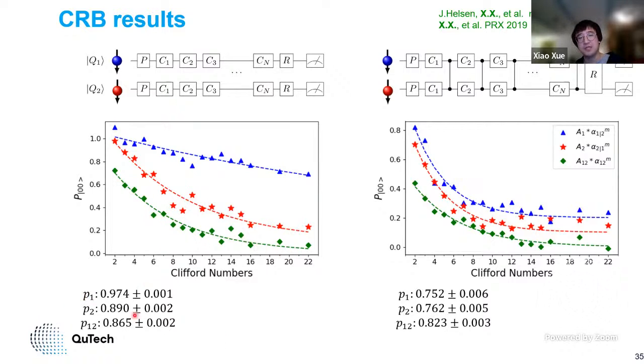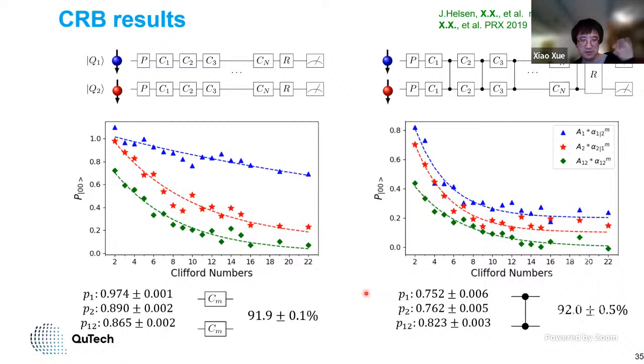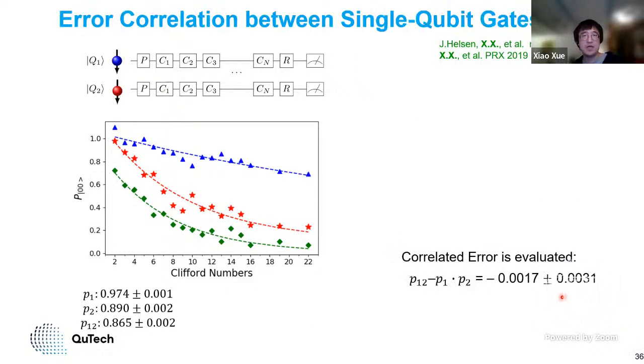So you can obtain the 3 depolarizing parameters. And don't be disappointed by the fidelity number, but this was really the state of the art a few years ago, that we got a 92% 2-qubit gate fidelity from H. And also, based on the 3 depolarizing parameters, we actually estimate